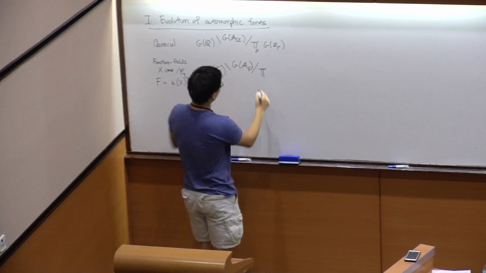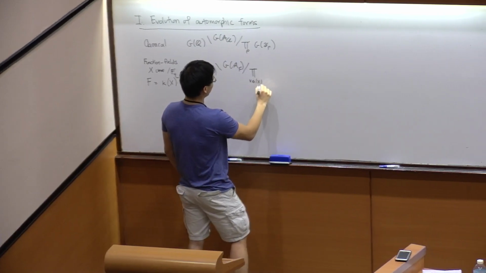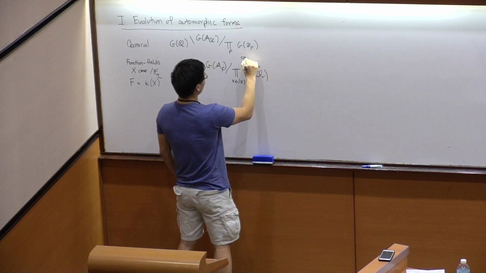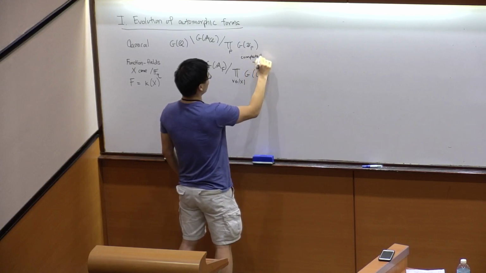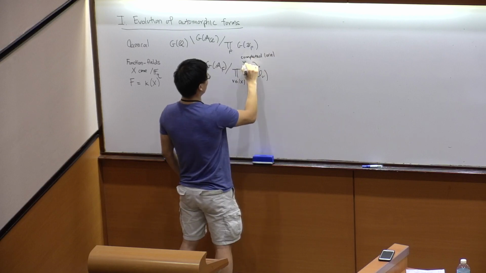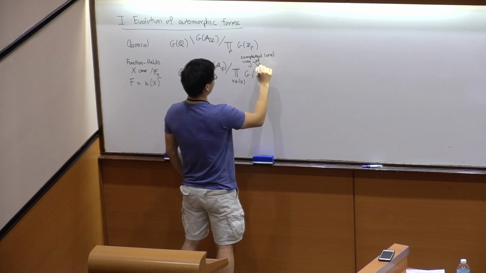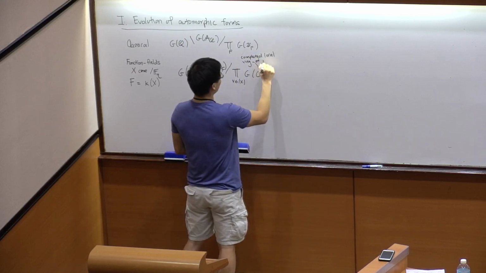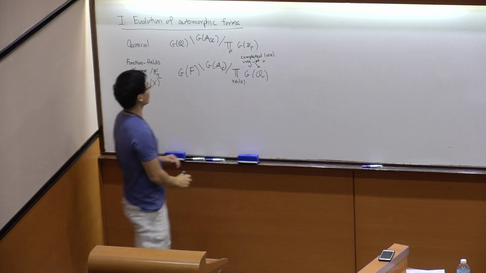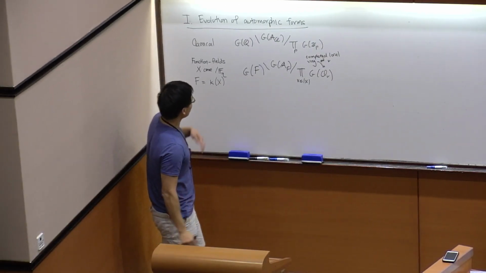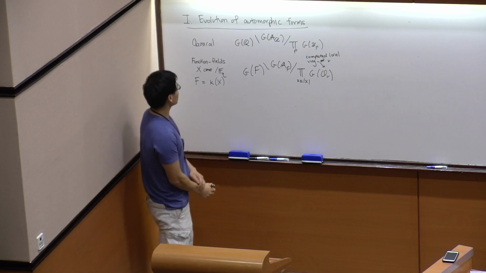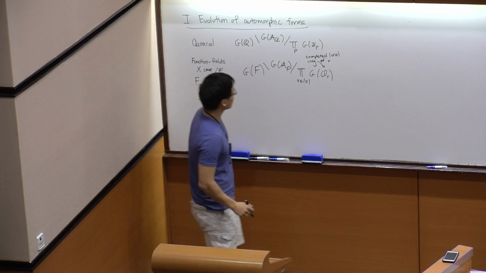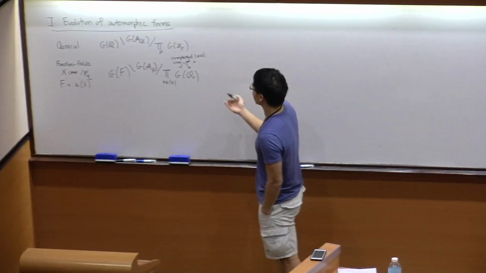And then here I would put the product over closed points of this curve of G of OV, where this OV is the completed local ring of my curve at the point V. So it's the ring of integers of a local function field. So that a theory of automorphic forms and analysis of automorphic forms on these spaces is pretty analogous, but maybe I'd like to call attention to